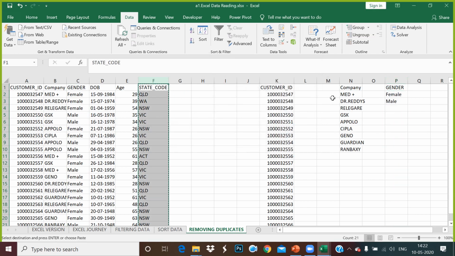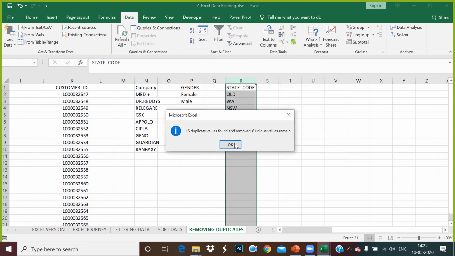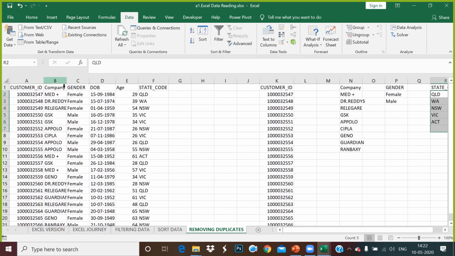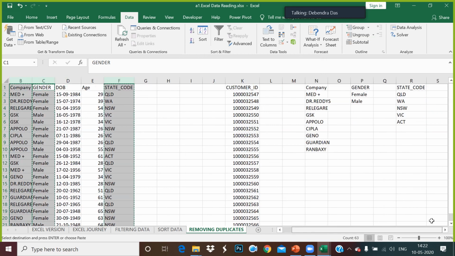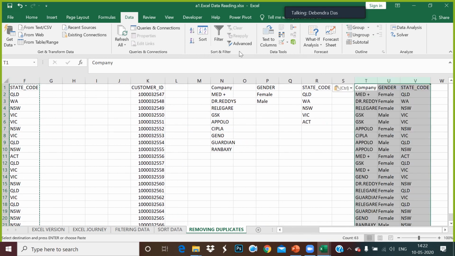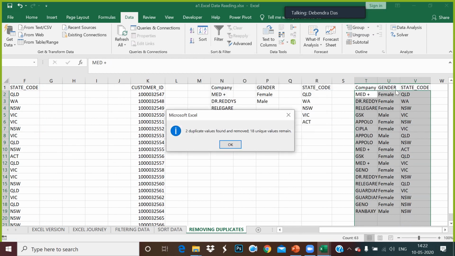Same thing if you go for state code and remove duplicates based on your state code, it is going to give you all the unique state codes. But what happens, guys, when you select all three fields together and try to remove duplicates? So how is it going to show you? It is going to identify the duplicates by the combination of all three fields.